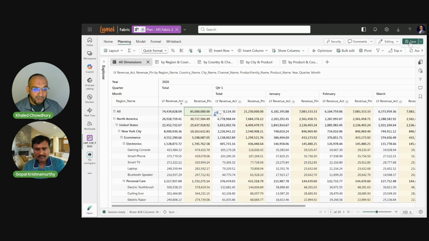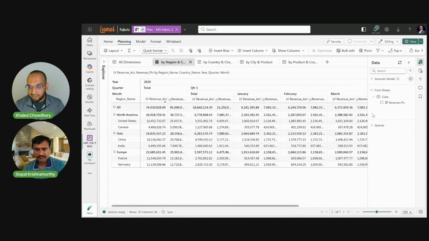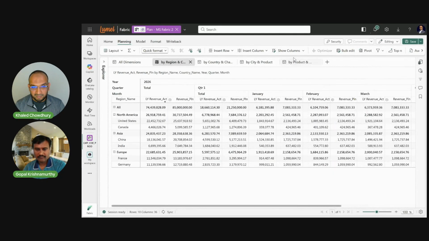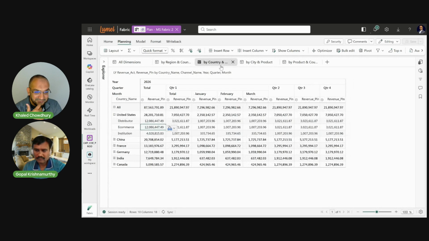This is the top down and bottom up. To simulate the revenue plan measure in all the apps, we simply select each app and insert the revenue plan measure from the data pane. For better visibility, let us hide last year's actuals. Observe that the revenue plan is now showing $85 million in the second app. Now, let us increase the revenue plan of the United States by 10%, which also adds up to the total. We're going bottom up. In the third app, let's add $1 million more to the e-commerce channel within the United States.